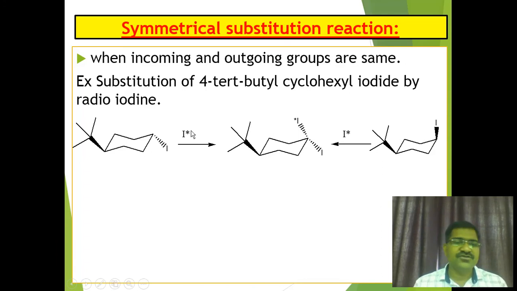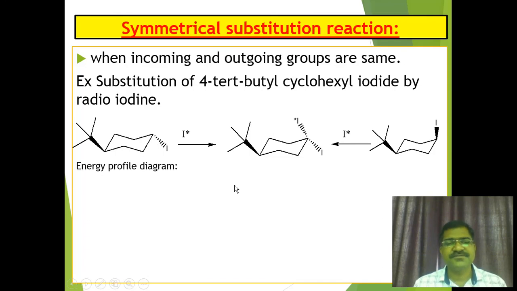If you take both the trans and cis isomers and carry out the same type of reaction, that is the substitution reaction, then there is formation of an identical product, but the rate of the first reaction and the rate of the second reaction are not the same, the rate is different. So we have to find out whether trans reacts faster or cis reacts faster, which isomer will give the faster product.